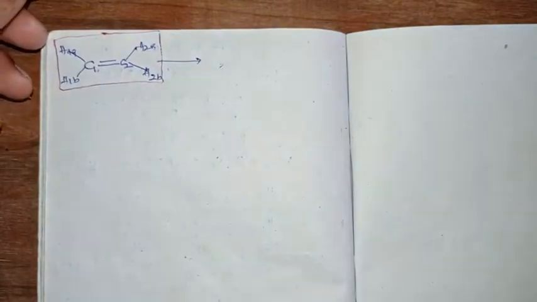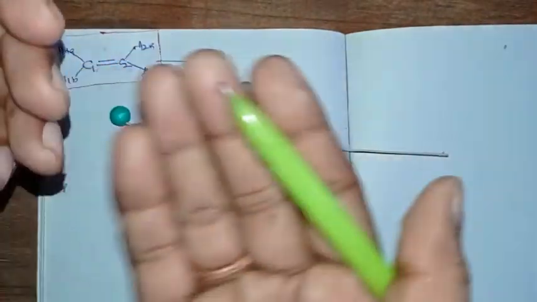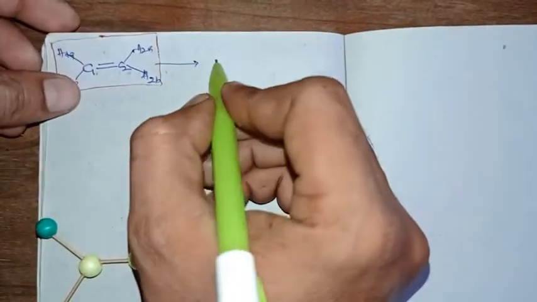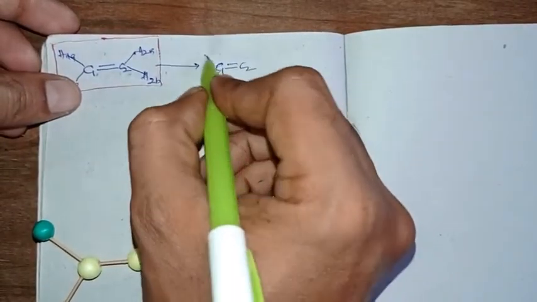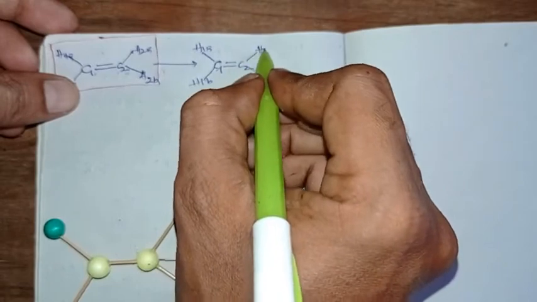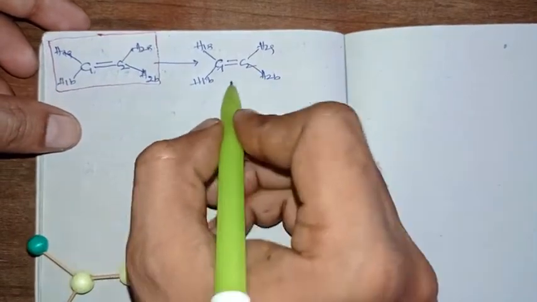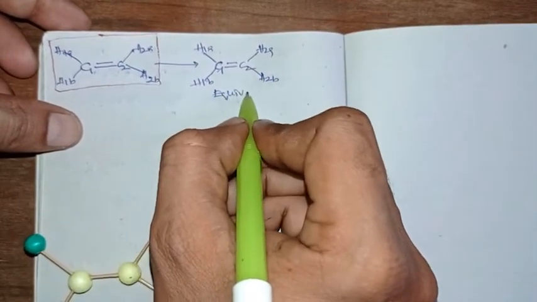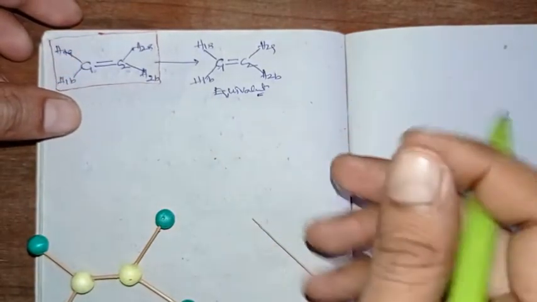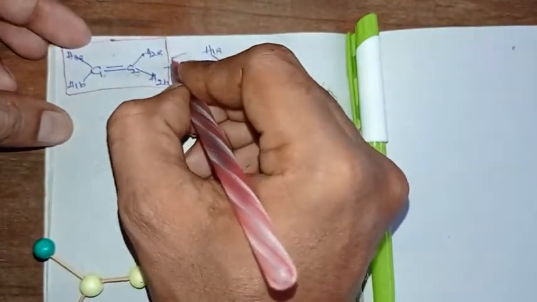So when it bisects all the atoms into equal halves, what happens? The above halves and below halves just get exchanged, but the atom positions are all retained. So carbon 1 will be in the carbon 1 position, carbon 2 in the carbon 2 position, H1A in the H1A position, H1B in the H1B position, H2A in the H2A position, H2B in the H2B position. All will be the same, but the phases of the atoms are different. So all the atoms are not replaced by each other, right, retaining their positions. So it will be an equivalent configuration, right. So that plane becomes a plane of symmetry.